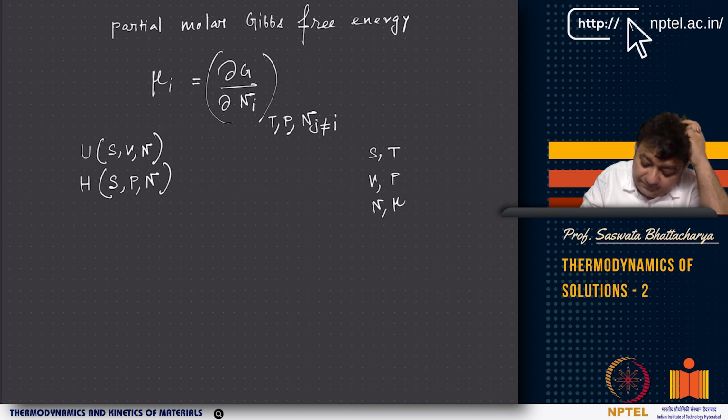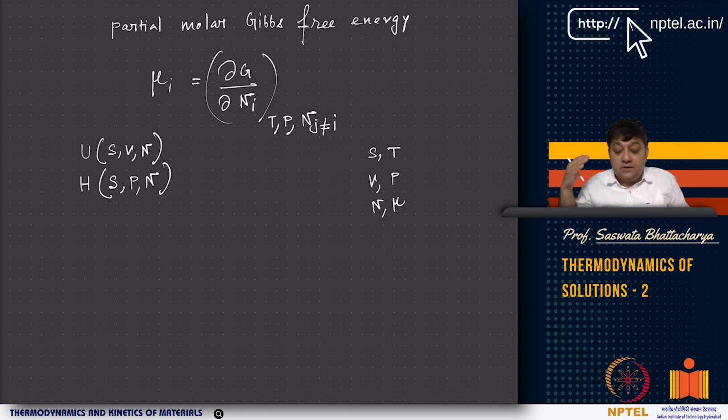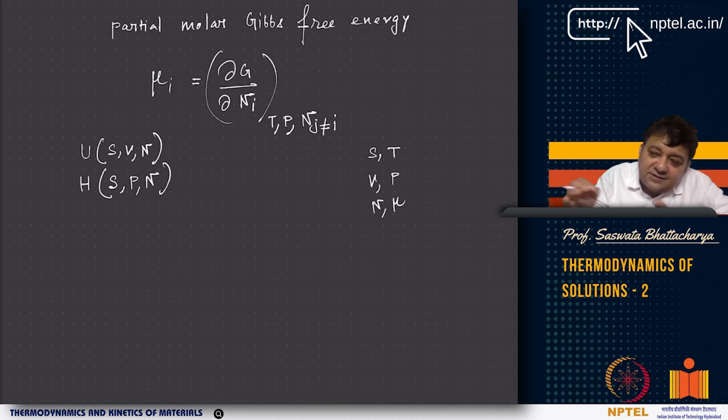Similarly, in this case we are saying that the system is in contact with a pressure reservoir, or mechanical reservoir. There is volume exchange, but because the reservoir is so large, the amount of volume change in the reservoir is negligible. So basically, the system acquires the pressure of the reservoir. That is when you use H. From U you get H, and again that's a Legendre transform.